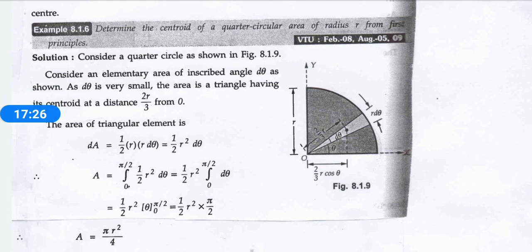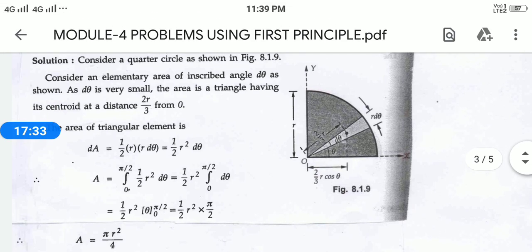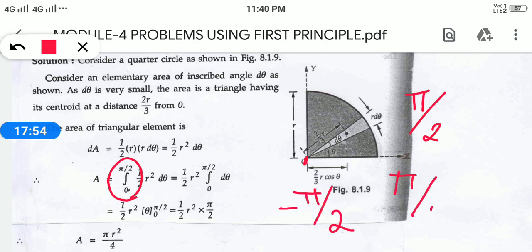This problem is the same: it is r d theta, 2 by 3 r into d theta, everything will be equal. Only the variation, see from the first semicircle to this circle, every procedure will be equal. Only the difference will be this limitation. Since the limit is 0 to pi by 2, we are considering. In the old one for your semicircle, the limit will be minus pi by 2 to plus pi by 2. This is your limitation. So when you do that, you will get the answers.